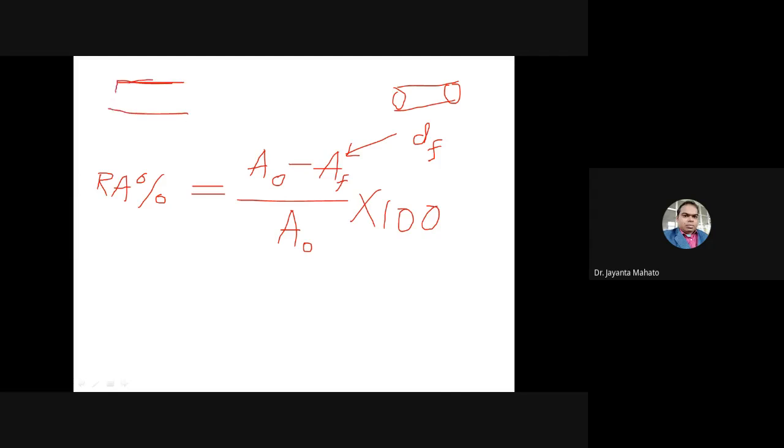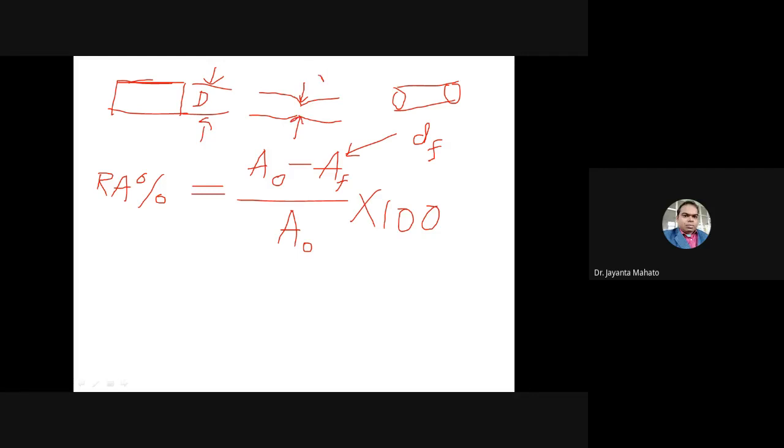So suppose this is the initial diameter, D naught, and after fracture, you have to take the diameter at the necking zone. You have to take the diameter only at that zone, in this zone.